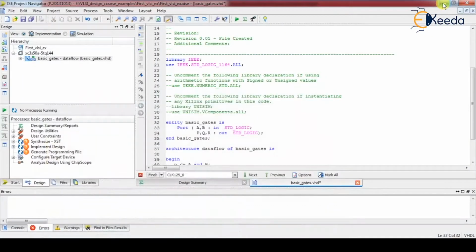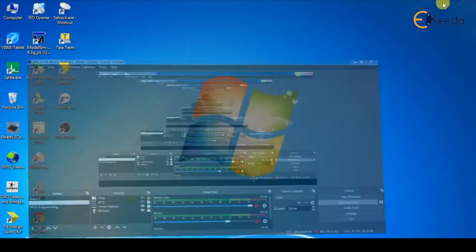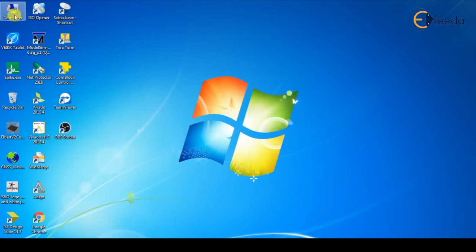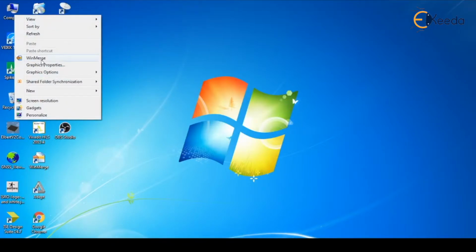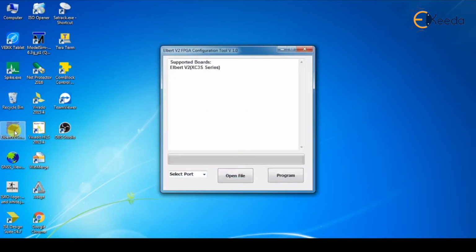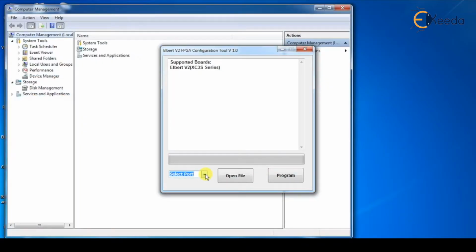To do the FPGA programming, we have a separate FPGA programmer. Before that, we have to first detect the USB port that we connected to the FPGA. This programming we are doing using the USB interface. This is a tool from Numato Labs. We can use it for the programming. So what are the things required? We require a COM port. We don't know the COM port, so I'm telling how to find out that COM port.